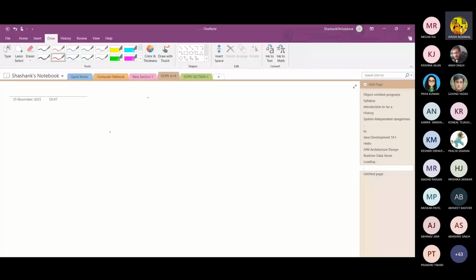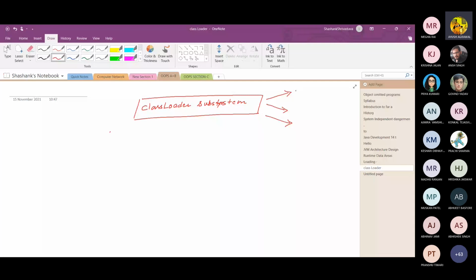So basically, Java Virtual Machine has three main components. The first component is the class loader subsystem. We have already discussed this class loader subsystem in the previous turn. This is the first component. In the class loader subsystem, we have seen there are three types of class loaders. Class loader is used to load the class, or load the bytecode, into the memory.